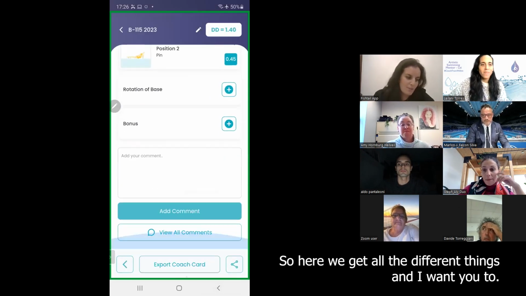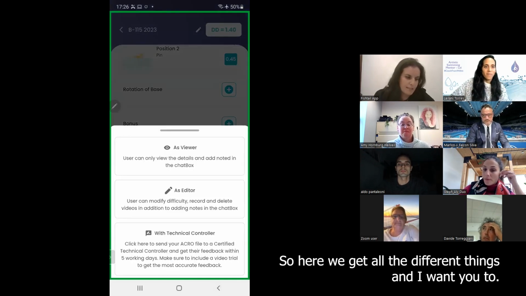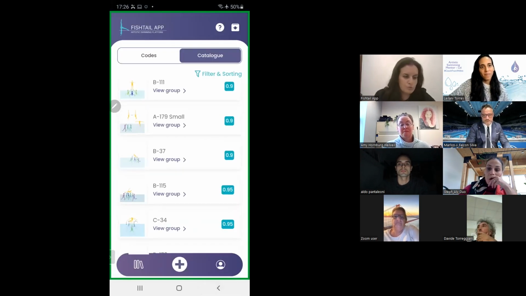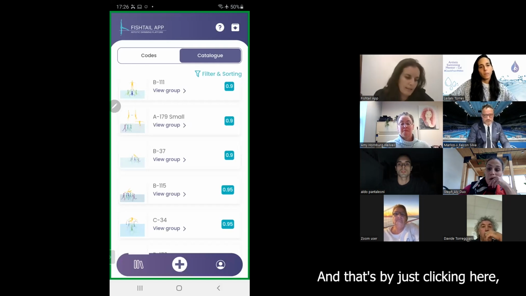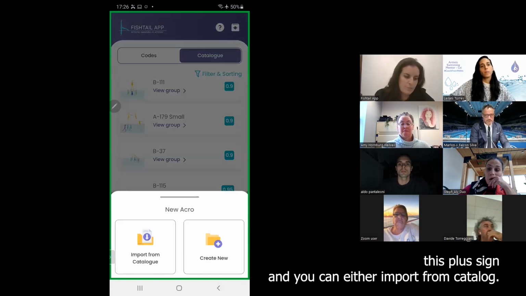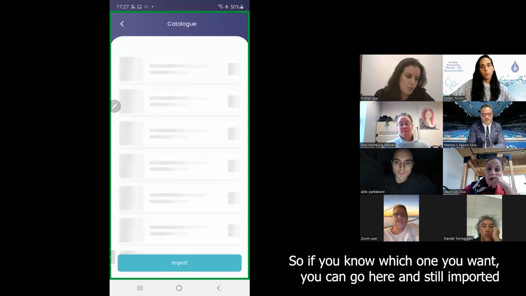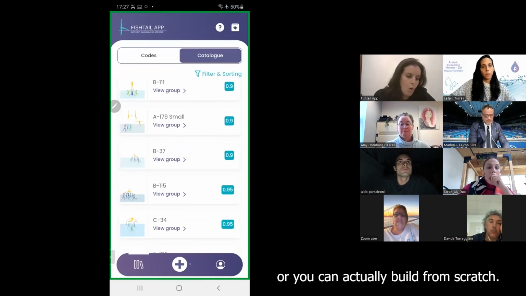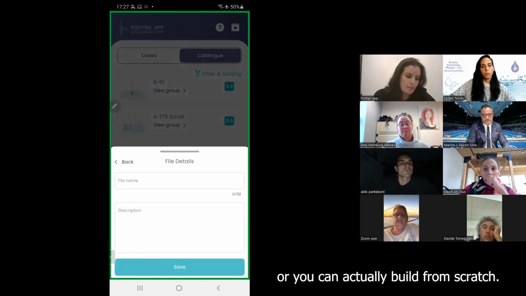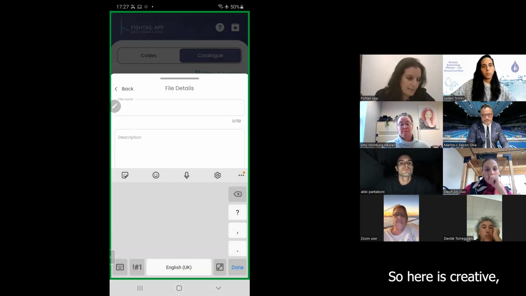So here we get all the different things, and this is like the easy way to do it. But there's another way to do it, and that's by just clicking here, this plus sign, and you can here either import from catalog. So if you know which one you want you can go here and import it, or you can actually build from scratch. So here is creative